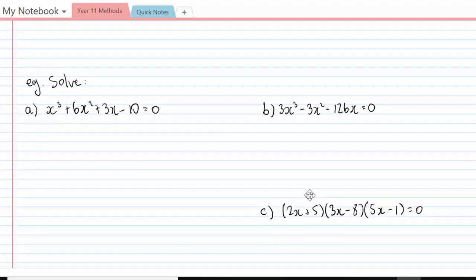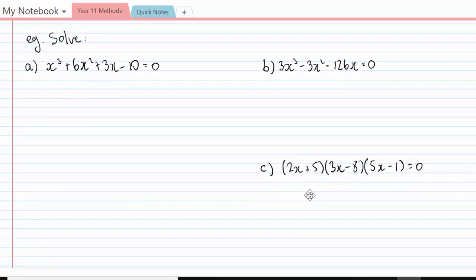So let's have a look at a couple of quick questions. Okay, these should be really quick. So we start with x cubed plus 6x squared plus 3x minus 10 equals 0. Looking at that, I can't group 2 and 2, so I'm going to have to guess my first factor. Something I noticed that's really nice here is that the coefficients of these three terms add up to 10, and then we have a minus 10 here. So that tells me that if I guess x equals 1, that's probably going to be a good guess. So we'll try